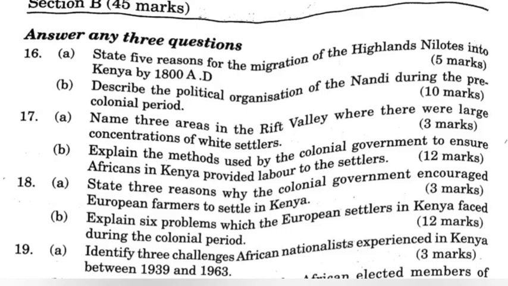5. The Council of Elders made major decisions affecting the community. 6. Each Pororiet was further subdivided into smaller political units known as Kokwet. The Kokwet was headed by a lesser Council of Elders, the Kokwo. 7. The Kokwo dealt with minor disputes such as conflicts over grazing grounds. 8. During the first half of the 19th century, the Nandi adopted the institution of the Orkoiyot. 9. The institution of the Orkoiyot brought unity among the Nandi.